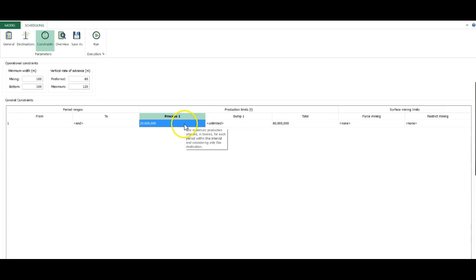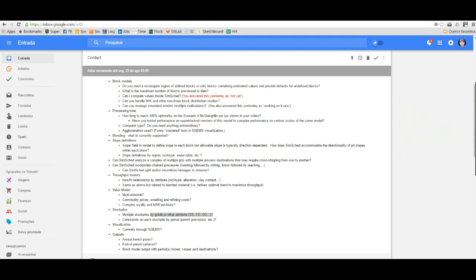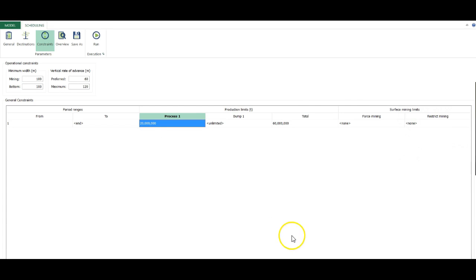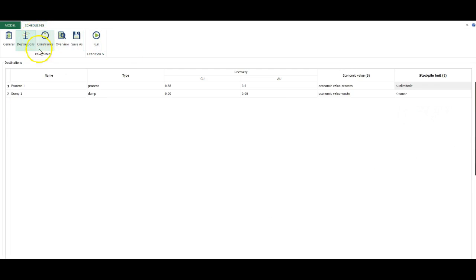So it's a way to deceive SimSched, but it's possible to do what is being asked here, and to constrain a stockpile by period. We can constrain, but not by period yet. This is another thing that's not a big deal, because it's not a big deal in the current situation of SimSched. We can place a limit here. This is for the total of the life of mine for that stockpile, but you could also include,